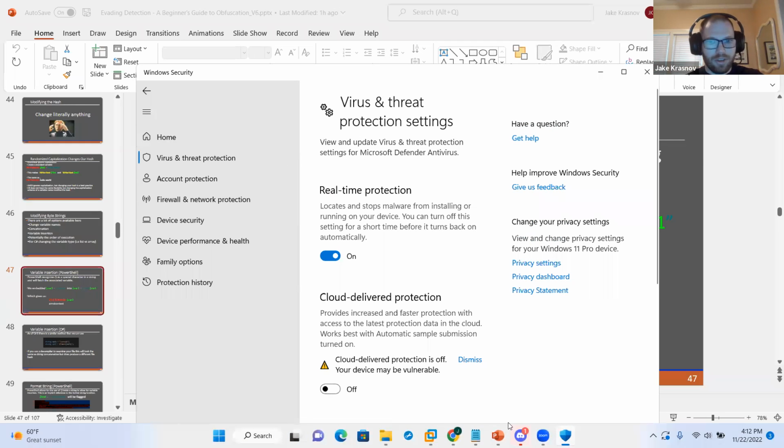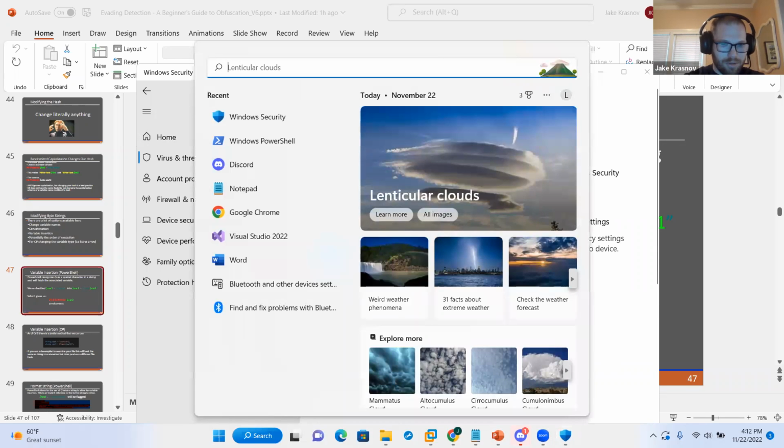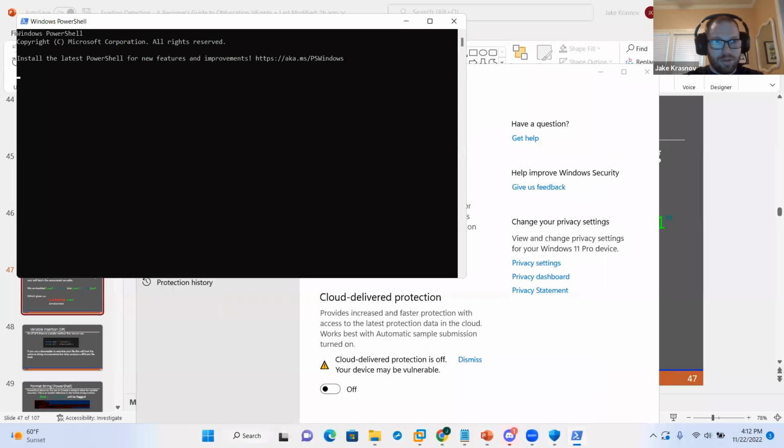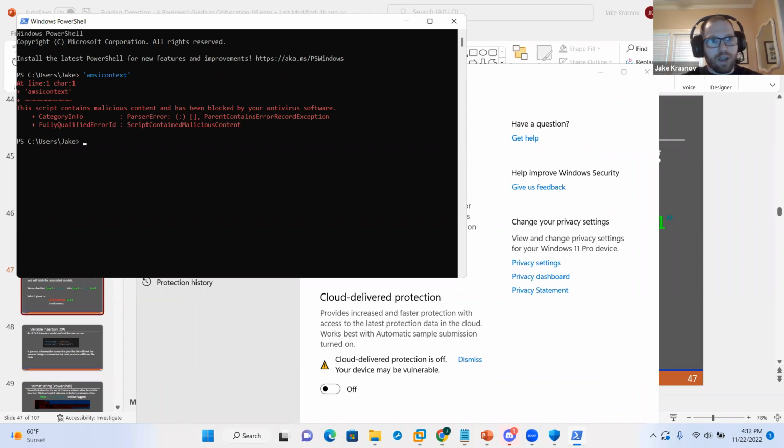So now that we have real-time protection on, we'll open PowerShell again. For testing, it's nice to have a known string that's going to be malicious and get flagged, so you can make sure all your systems are working. AMSI context is a string I tend to use as my default for testing if something's getting detected. As you can see, it doesn't allow us to write out AMSI context because that's malicious. So if we do var1 and break this up into AMSI, and then we do,